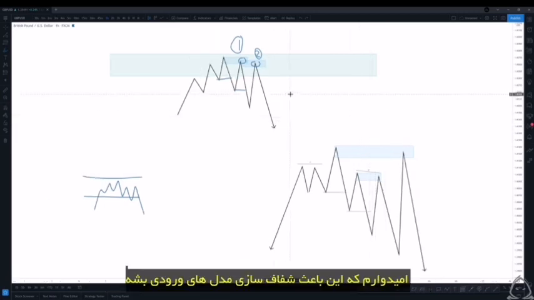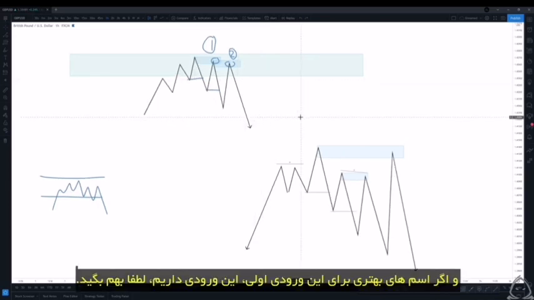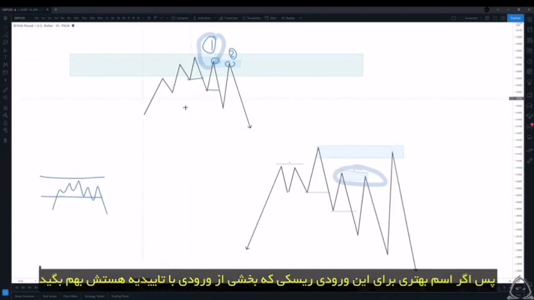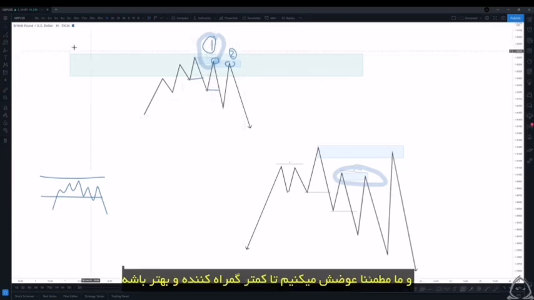So I hope that helps. I hope that gives you a little bit more clarity on these entry models. And if you have any better names for this first entry, please let me know. Again, I said I'm not very creative when it comes to names, and I was not lying about that. So if you do have a better name for what is currently known as this risk entry, part of the confirmation entry, let me know, and we will definitely just change it so that it's less confusing and